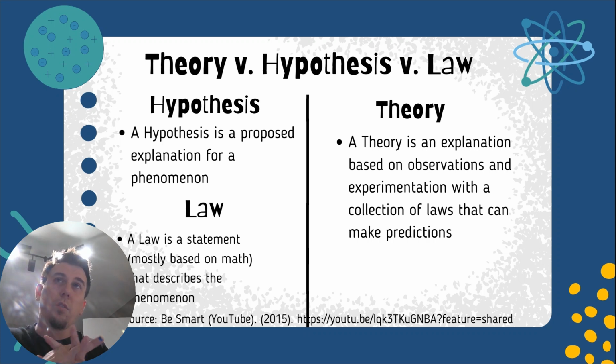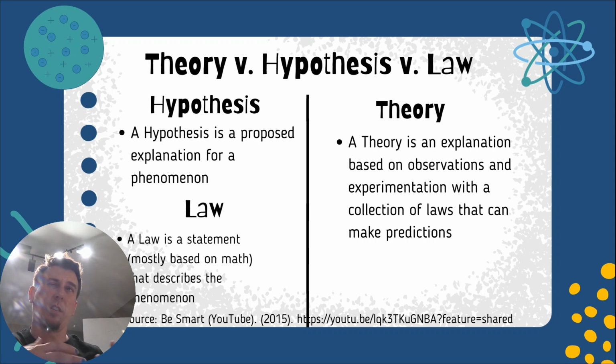A law is usually more based off of math. It's some type of mathematical prediction or statement rather than a prediction. So somebody out there has a formula for the curvature of the Earth. They've gone out and calculated that out, but there is no ruler that's been built that's big enough to go out and measure the curvature of the Earth. It's just a math formula.